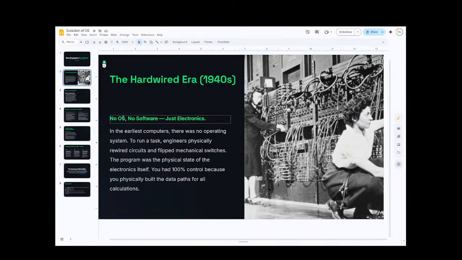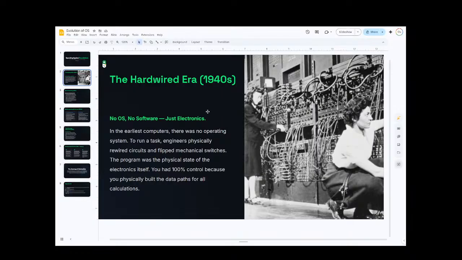At that time there was no OS, no software. It was completely based on electronics. That's what I said yesterday. These machines had remote controls like a joystick, up or down. Similarly, they might have some knobs or potentiometers. These components were there at that time to control these machines.